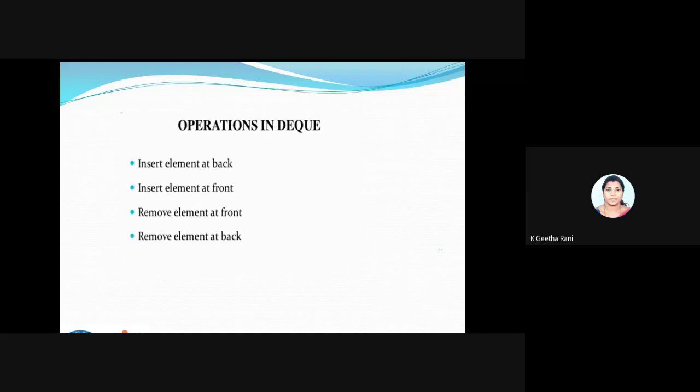We have only two major operations there, as well as some four major operations under the DQ also. Inserting the element at the back and at the front, and removing the element at the front and back. We will give an example for that and see how insertion and deletion happen, and how the front pointer and the rear pointer are going to change. That is what we're going to see now.